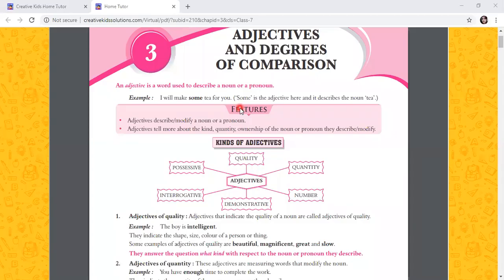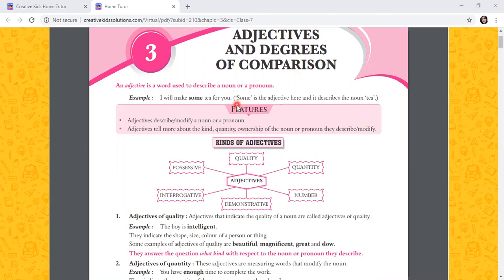Students, today we are going to learn adjectives and degrees of comparison. An adjective is a word used to describe a noun or a pronoun. There are different features of adjectives. What are they? That is,